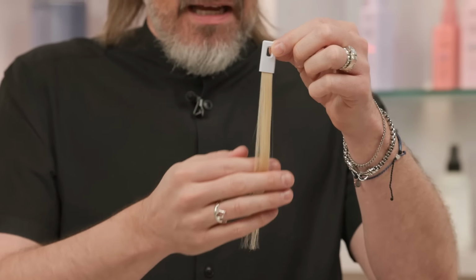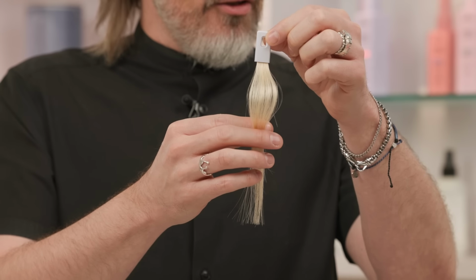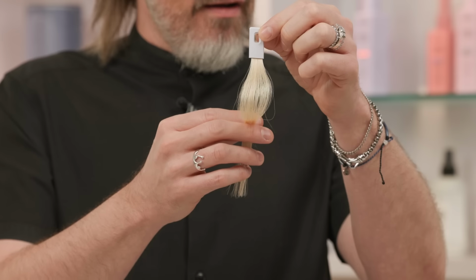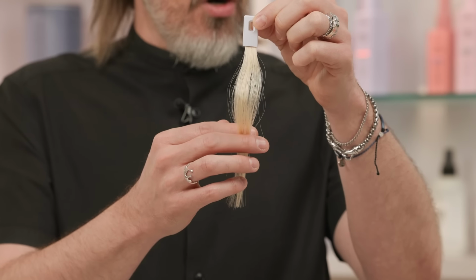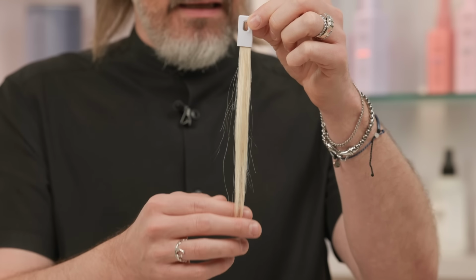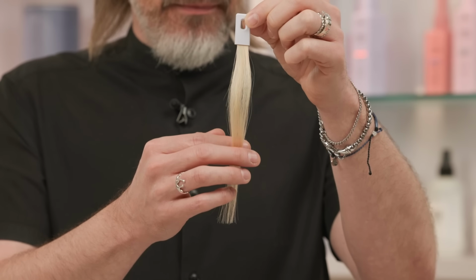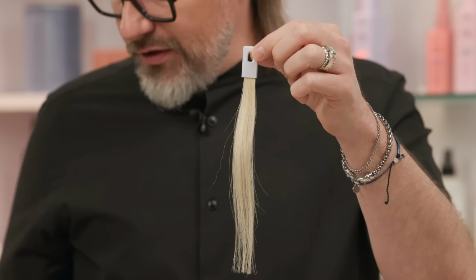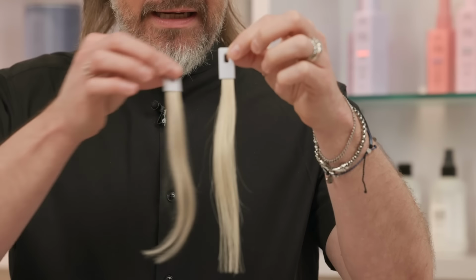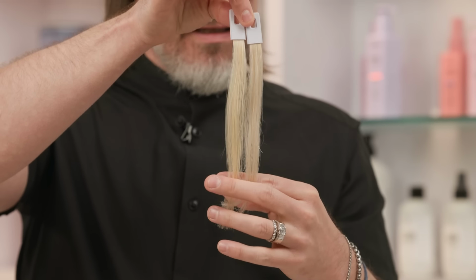We get them off of Amazon, nothing special. But these are the lightest swatches that they sell. So there's just the slightest tinge of yellow there. I think these are meant to mimic that level 9, 10 kind of raw lift. So this is what that client that we've lifted them raw looks like, with that underlying exposed pigment reflection. We want to show you now, right next to it, what 5 pumps of the Vibrancy Violet